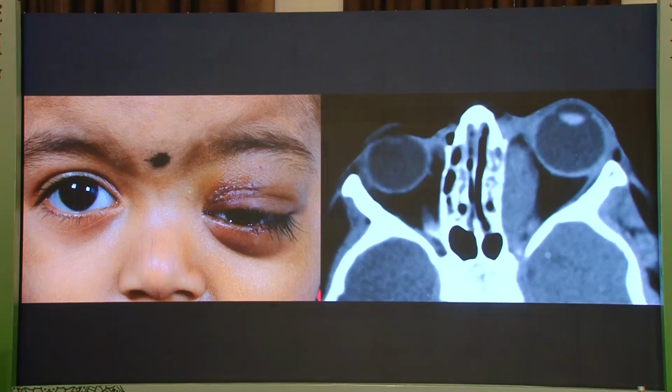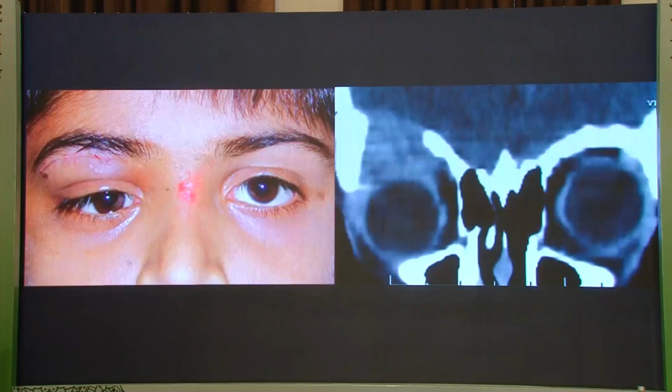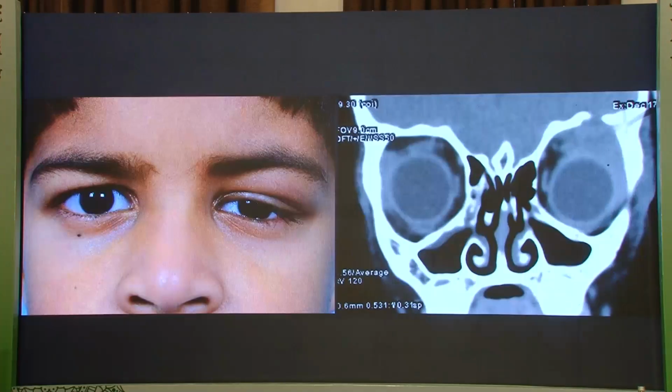Another child presenting with an orbital mass, or superior orbital fullness, and when you see there is a mass in the orbit. A CT scan was done over here because sometimes it's difficult to keep these children under MRI. And again, another patient, this is a patient of eosinophilic granuloma actually, and we did an incisional biopsy, after which the defect started healing up, and post-operatively the child did pretty well.